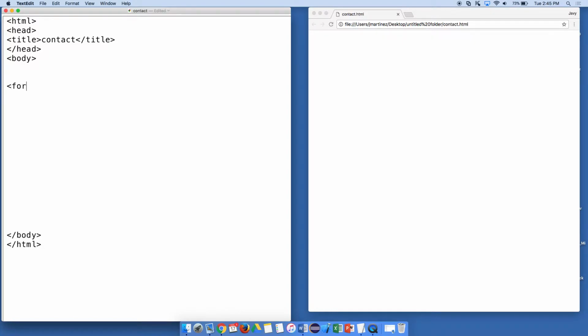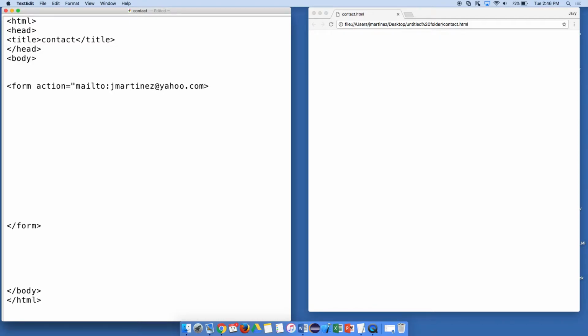So the way I start off is I have my form tag, and I'm just going to push enter a little bit. I'll go down here and close my form tag. Now the form needs two attributes. Action equals. The action can be a code that tells it where you're going to send the information and how you're going to send it. It's an advanced action, in a language that we're not going to learn, so we're going to keep it simple. We're going to say in quotes mailto colon,